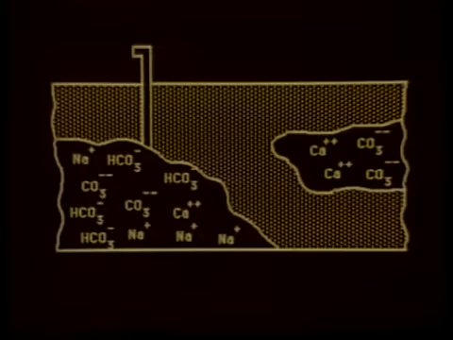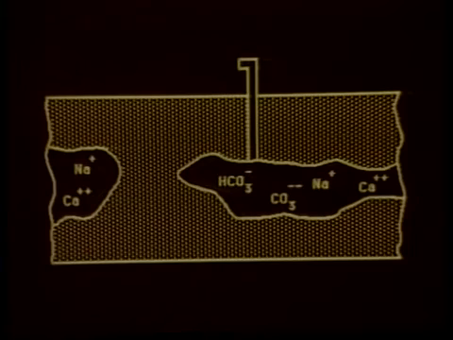Another groundwater source is from a well drilled into a formation of sodium bicarbonate. The predominant ions in this source are sodium and bicarbonate with smaller quantities of carbonate ions. These sources are commonly called soda wells and are usually located at a greater depth than limestone aquifers. The third type generally comes from strata